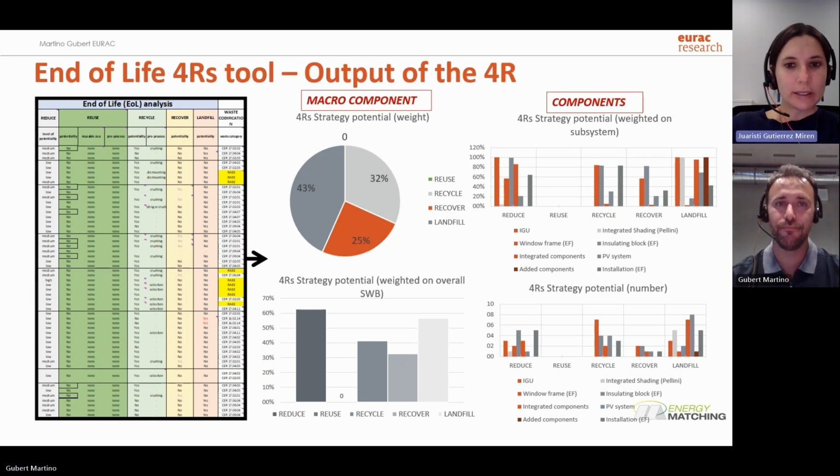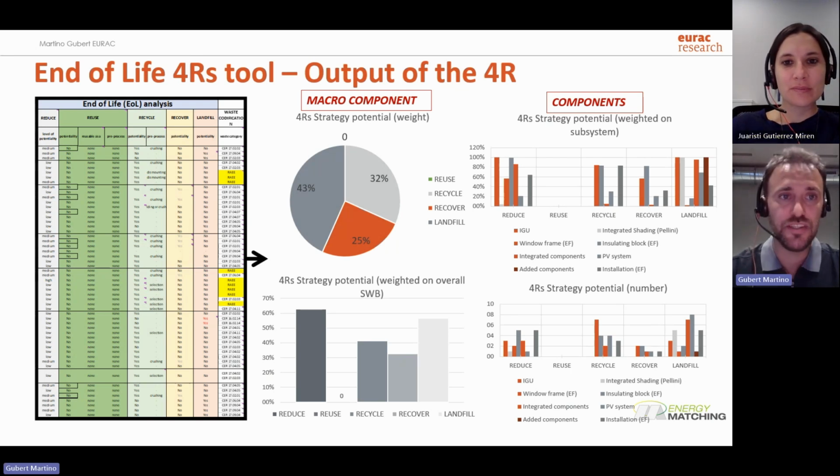The output that the tool provides is a visualization of the 4R strategies per main element of the facade system, and like this, you can understand which elements are hampering the 4R strategies implementation. Is this right, Martino? Maybe you can tell us when it is useful to have such information.